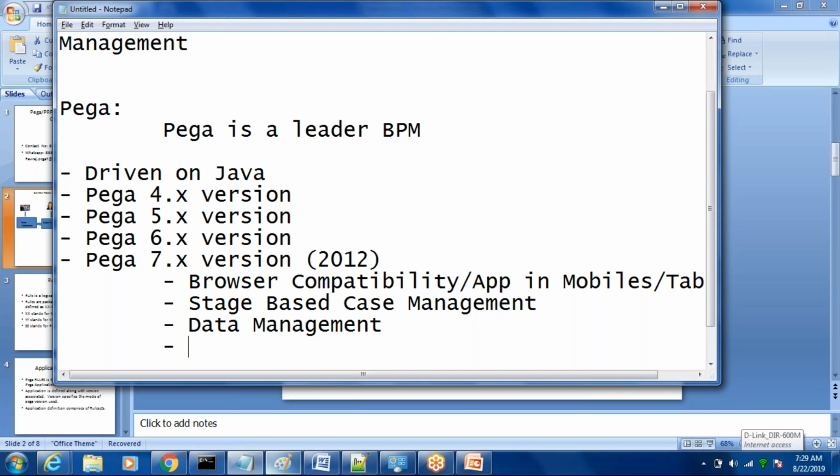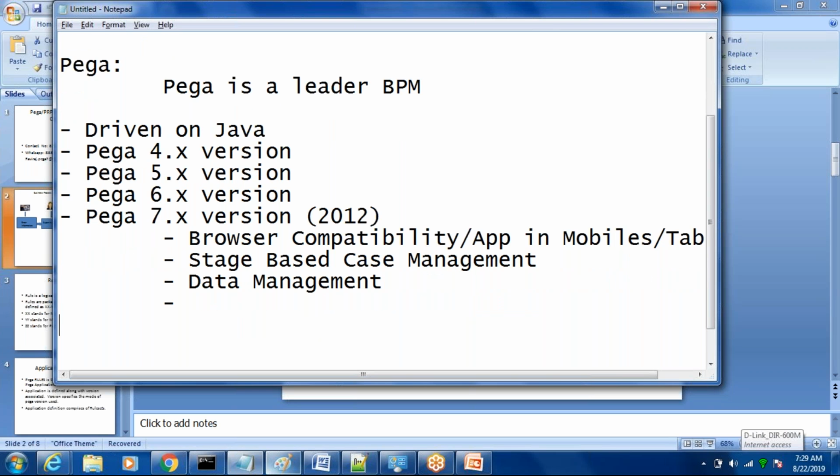Of course, there are a few other things which were introduced in Pega 8.x, which are related to background jobs. Okay, so Pega 8.x's major focus is towards the cloud. Whatever the cloud-related things are, it is going to enhance the applications to move towards the cloud. Basically, why the IT industries are moving towards the cloud is infrastructure.